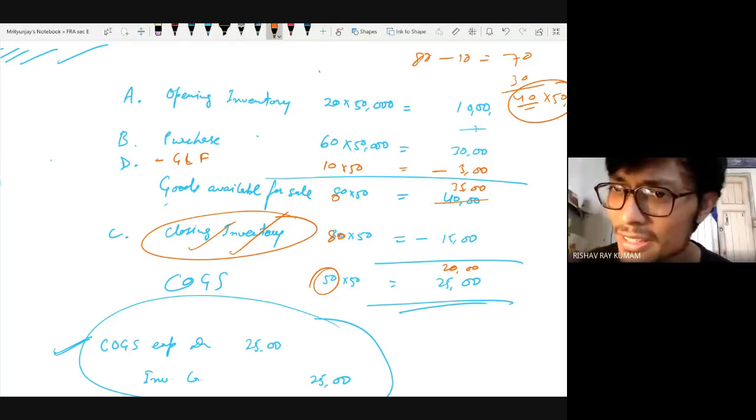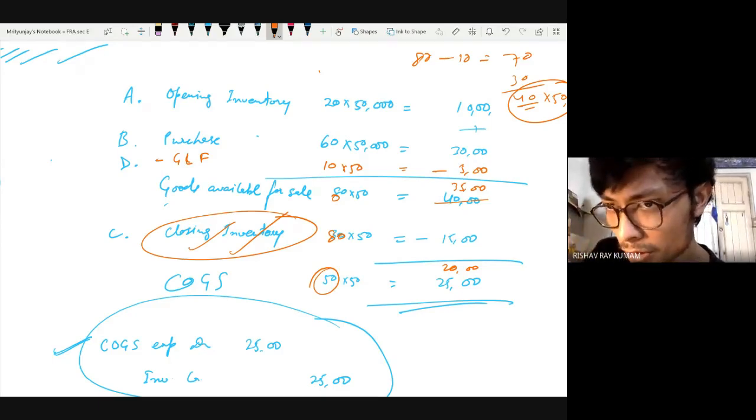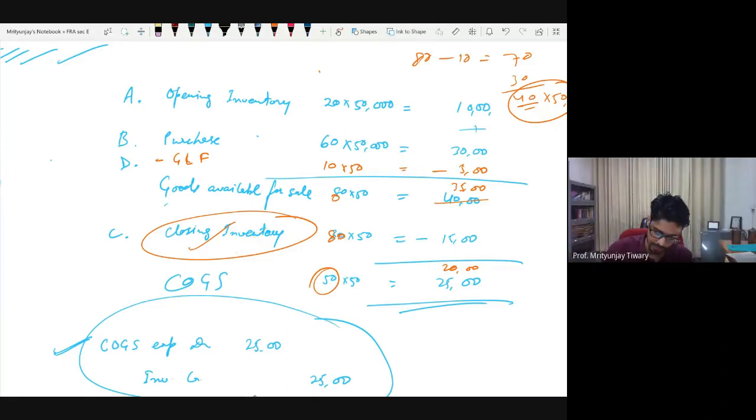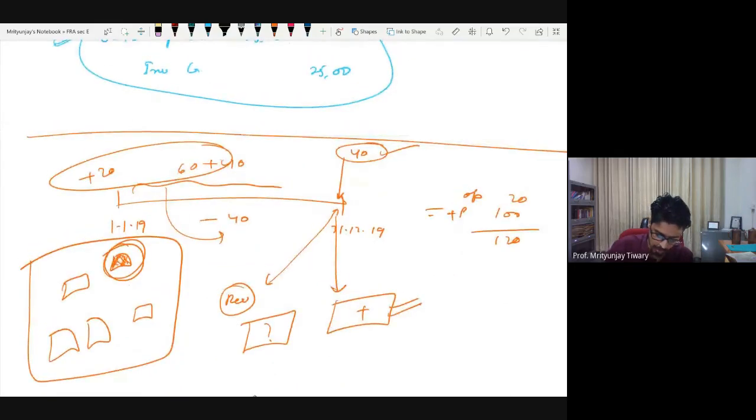So just clarify that when it's treated as revenue in the next period, is that good part of your closing inventory for that period or not? Yes, it will be your closing inventory. That's exactly what I said just now. If it is going to be treated not as a revenue of this period, then this piece will also be your closing inventory. So you will say you have 5 units now instead of only 4.